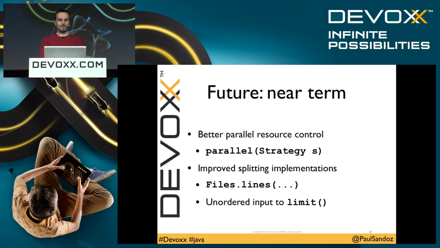This is what I'm talking about, the parallel resource control strategy here. We need a way to control the parallelism of the fork join pool, but not in the simple way you might expect of passing in a number of parallelism directly into here. We need a more abstract way of specifying that information. But yes, we need to do something about that.